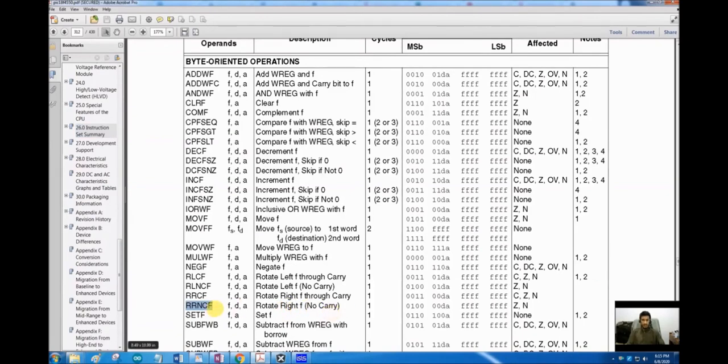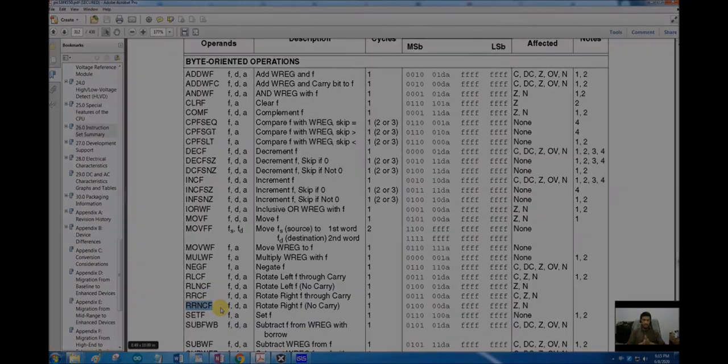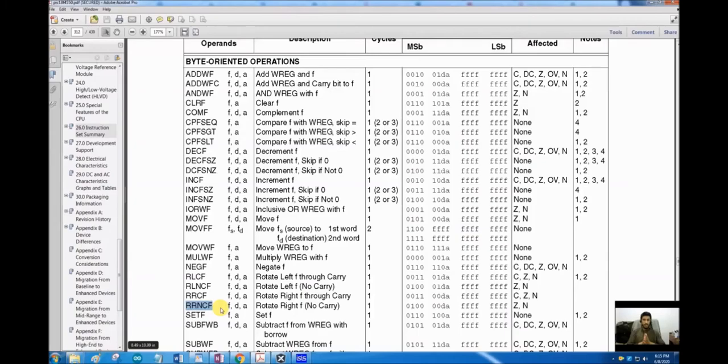This command is available for PIC18F4550 in the assembly language, but we cannot access this command using any C language operation. So would it be nice if we can just use one assembly language command inside our C language code? Can we do that? Yes, we can.